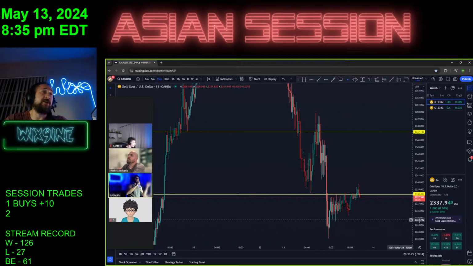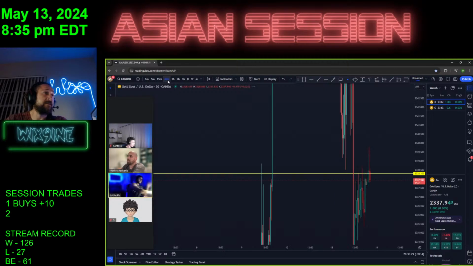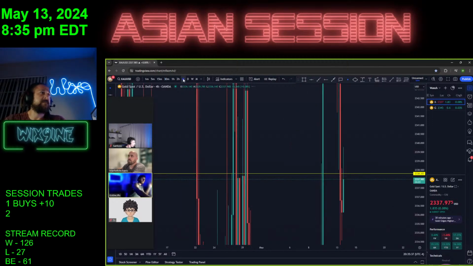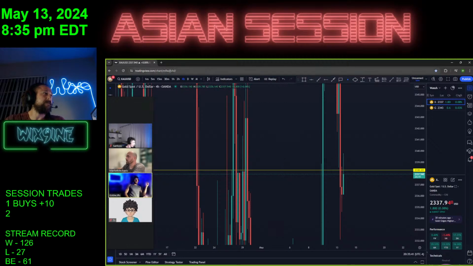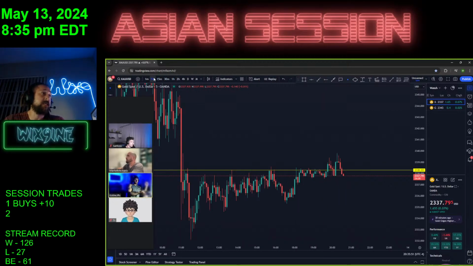Yo, the 15 got no bottom wick here, gang. The 30 closed above, right? Well, it closed just like the hourly and gave us basically the same closure as you would have had. It's this freaking 4-hour, man. Because of the previous candle on the hourly, you broke the previous candle high coming back in a range. You get a smaller time frame closure, you're most likely retesting the bottom of the range.